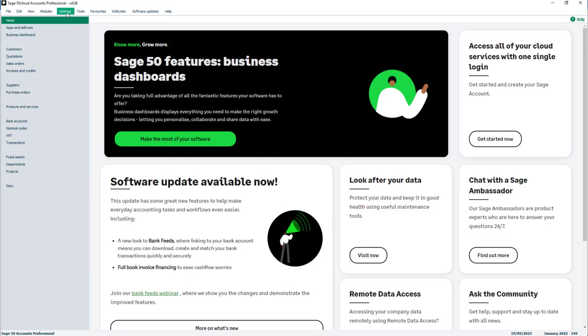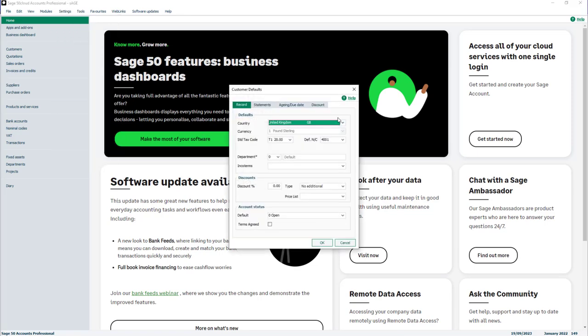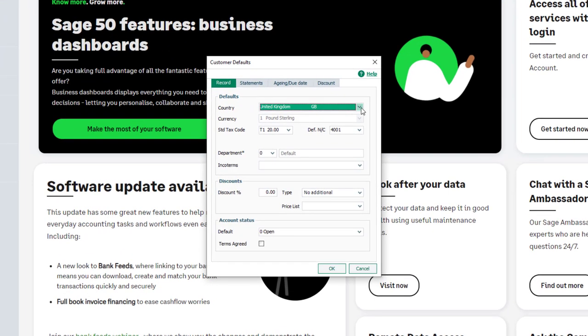Further customer defaults can be applied. To do this, from the Settings menu, click Customer Defaults. Only the fields in the Record tab apply to creating new customer records. In the Defaults section, set the country that applies to most of your customers by clicking the drop-down and selecting